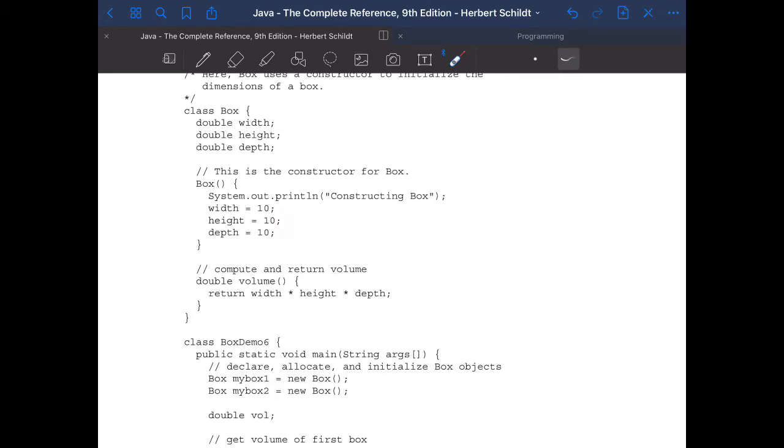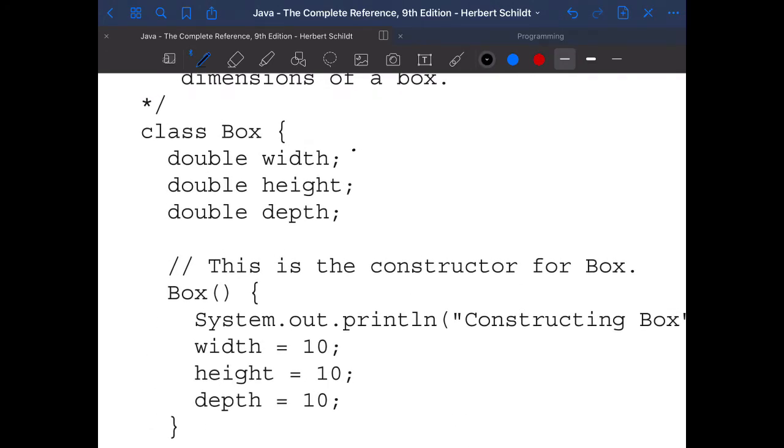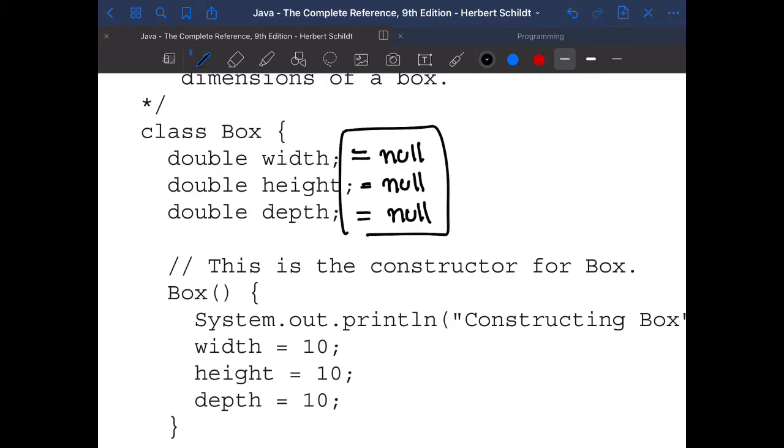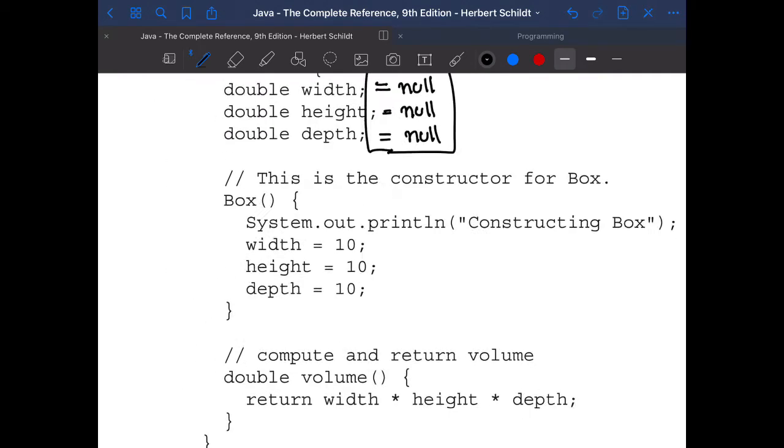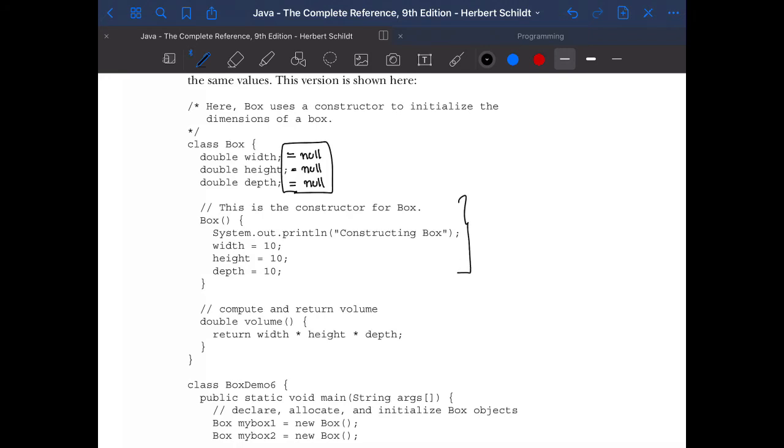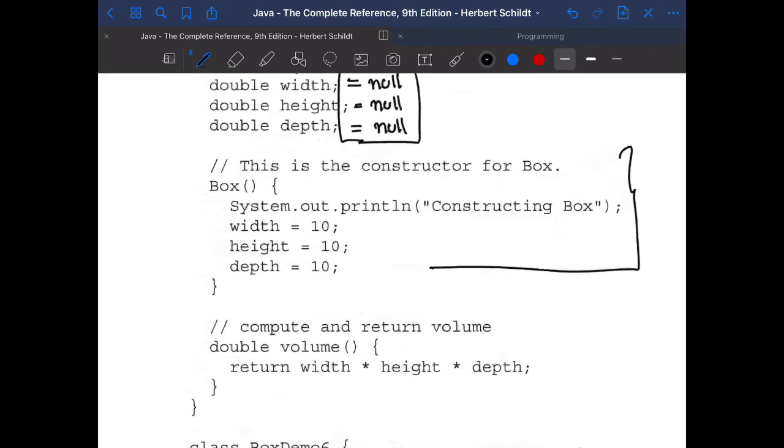So remember, if you talk a bit technical, a class would always have a default constructor, and the default constructor would initialize values that are null. So it would generate a box. The command is to generate a box, but the object would have attributes with null values unless you say something else. So if we do this portion here, it would have a default value. So for this case, whenever you're calling a box, it would have a default width, height, and depth, which is